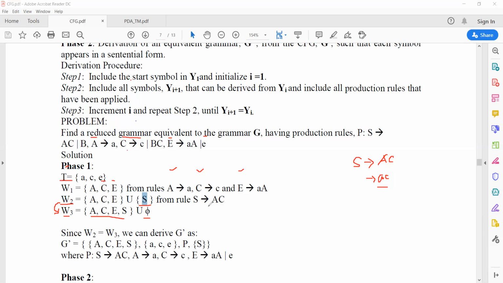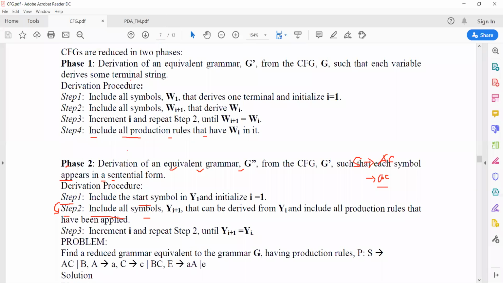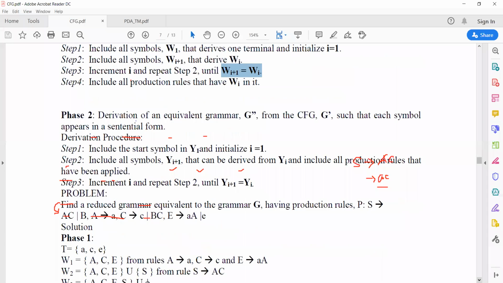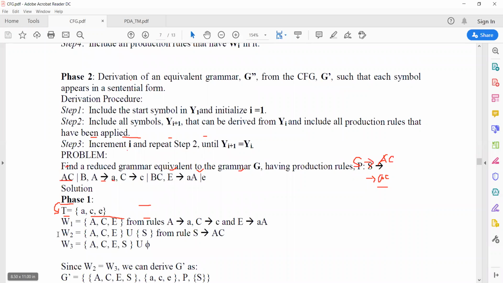Until you get the null set, you have to continue. So for W3 you get A, C, E, S and union of phi. That is the final set W3, and your iteration of phase 1 is going to complete. You repeat step 2 until W2 and W3 are equal, and you can check that W2 and W3 are equal.